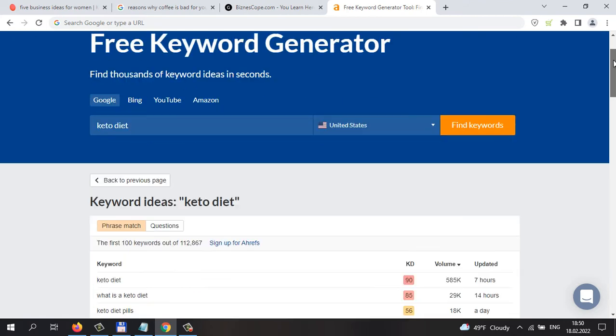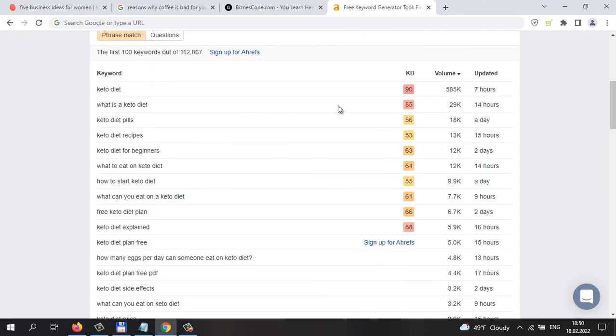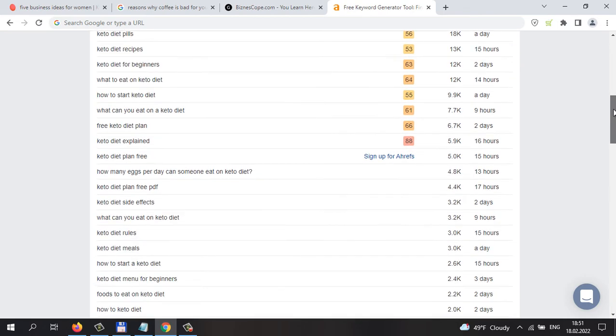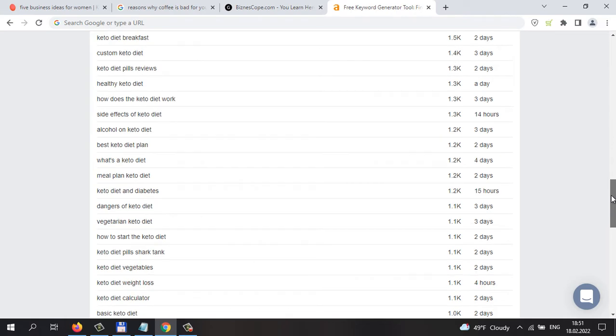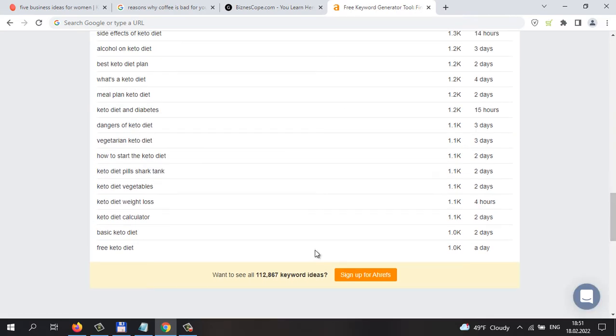So let's scroll down to find some relevant keywords. As you see, keto diet is not a low competition keyword. It is a high competition keyword because it has a very great volume here. And these keywords are not for us because we are just starting our blog, and we need to scroll down here to the bottom of the page.